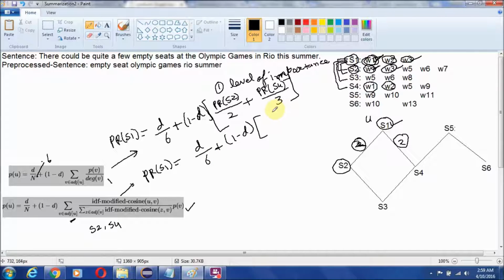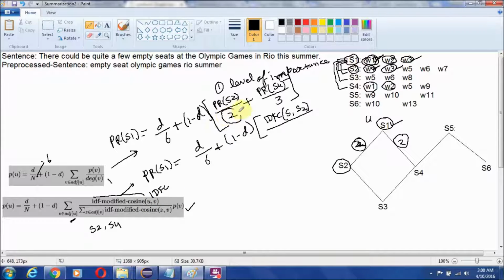So here it will be the IDF-modified cosine similarity between S1 and S2. We can represent IDF-modified as a short form like IDFC. So it will be like IDFC of S1, S2, divided by,